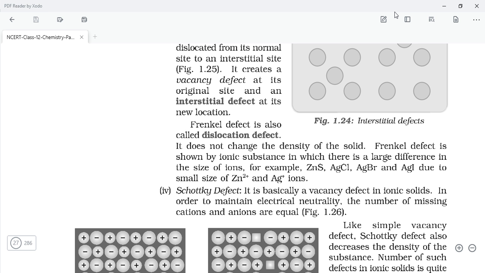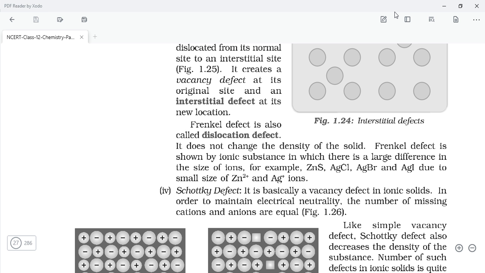I think this is a Schottky defect. It is basically a vacancy defect in ionic solids. In order to maintain electric neutrality, the number of missing cations and anions are equal. This is a special case of the Frenkel defect, in which the number of missing cations and anions are the same, because usually in the ionic lattice you have to maintain the electric neutrality of the lattice, so you don't have so many options to do that. So you can remove the same number of anions and cations with respect to their